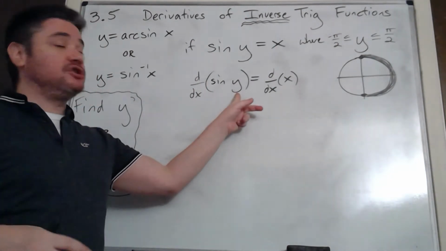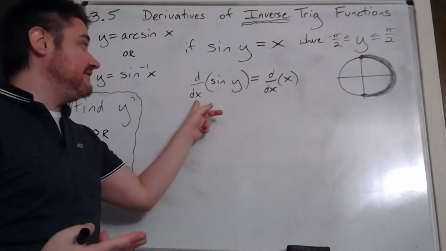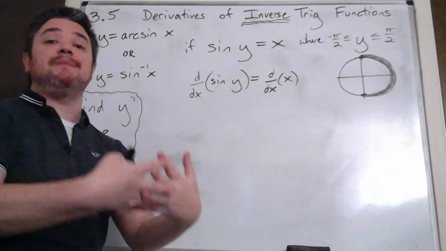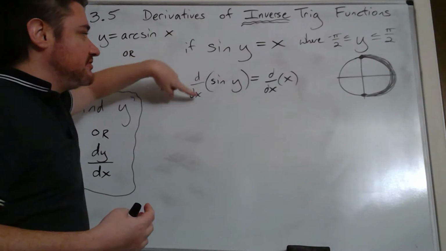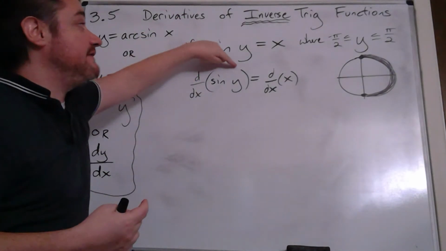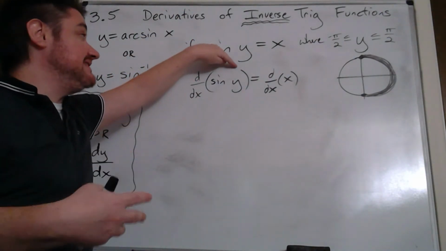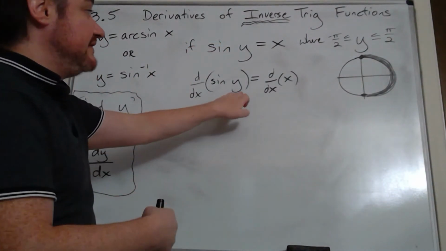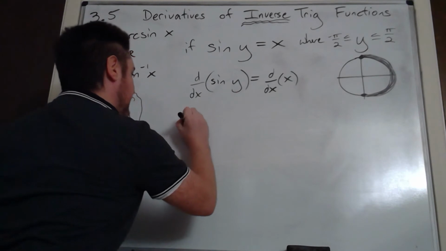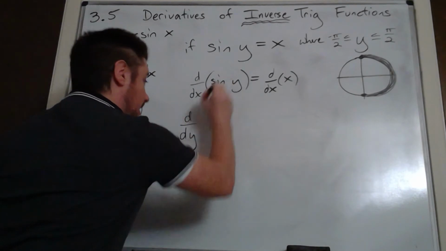Because I have a function of y, right? I don't have a function of x, but I'm trying to take the derivative with respect to x. So the way I can figure out what to do is, if I'm trying to take the derivative with respect to x, but I've got a function of y, then the first thing I need to do is take the derivative with respect to y, right? I need to take the derivative with respect to what I'm looking at. So what I need to find is d dy of sine of y,